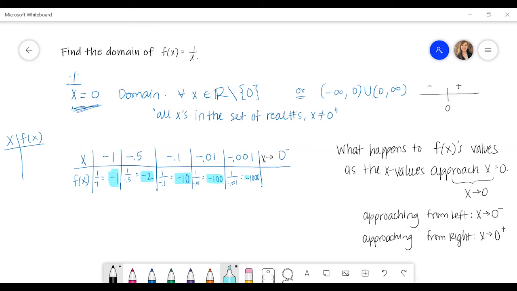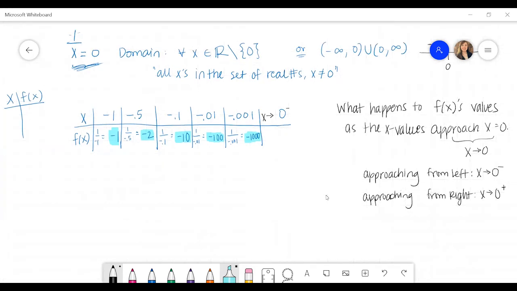And then it went even more in that direction, right? -100, and then -1000. And to just think about the small space that we covered between -1 and -0.001, that's not a lot of ground that we covered, right? But there's this drastic difference that we're seeing. So think about our visual here, our graph of this function. I'll do the other side in just a minute. But this means even just from -1, our function, we can kind of compare it to what we already know, is doing this. Do you see how that agrees with these f of x values, these y values that we're